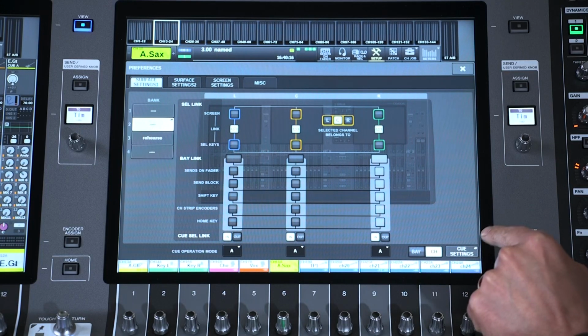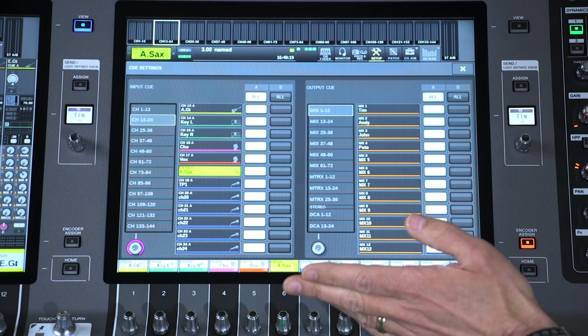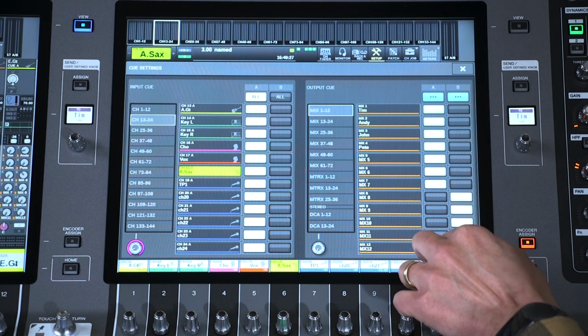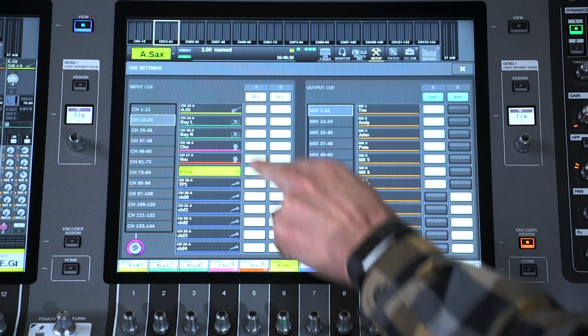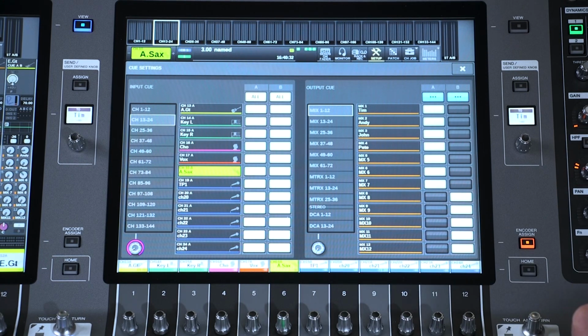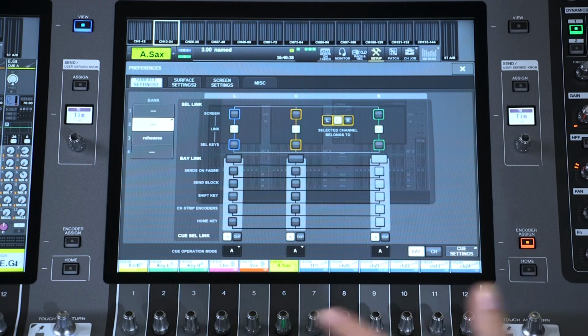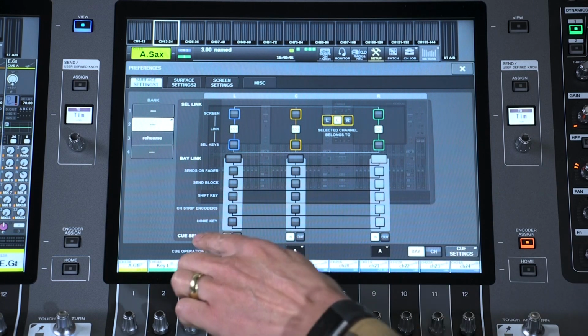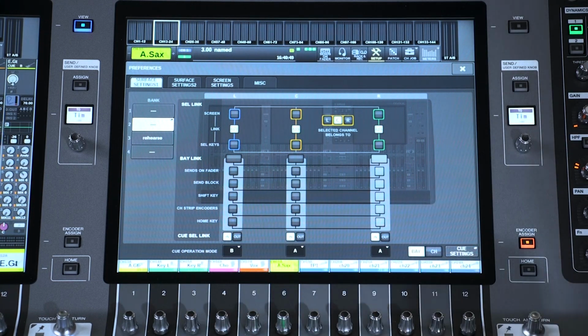Use the Q settings window to select. So you can put all your in-ear mixes into QA and wedge mixes into QB, and inputs could go to both. Bay Mode is for two operators sharing the same console. If the main operator is using the center and right bays, set them to QA and set the left bay to QB. Then each operator can have independent control of what they listen to.